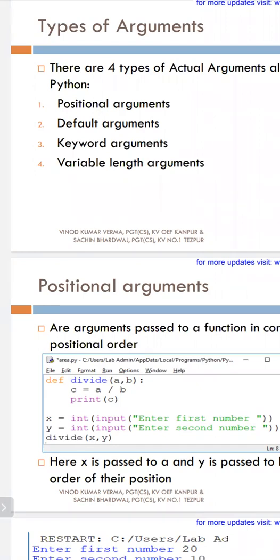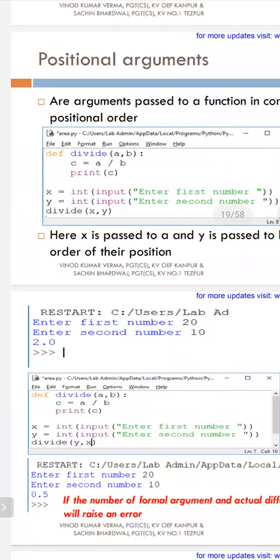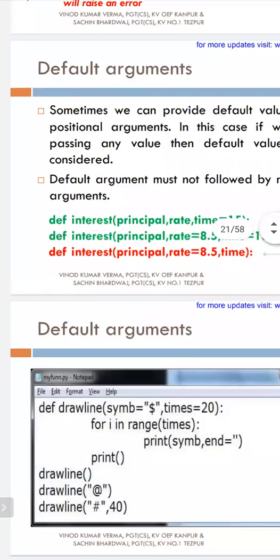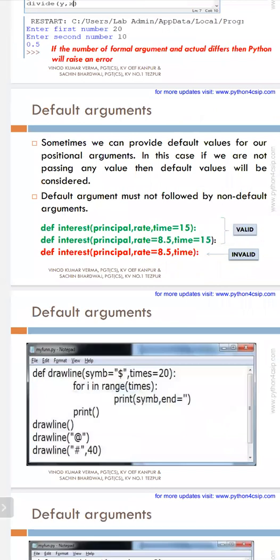Okay, okay. What about the rest of the students? Is it okay for all? Yes, sir. Understood, sir. So positional arguments you remember, and default argument. We have seen the simple interest, how to do it without passing the principal amount, without passing the rate of interest. All this we discussed in the last class. Can you recall? Hello? Yes, sir. Okay, if anybody has doubts, sir, it will take a long time.